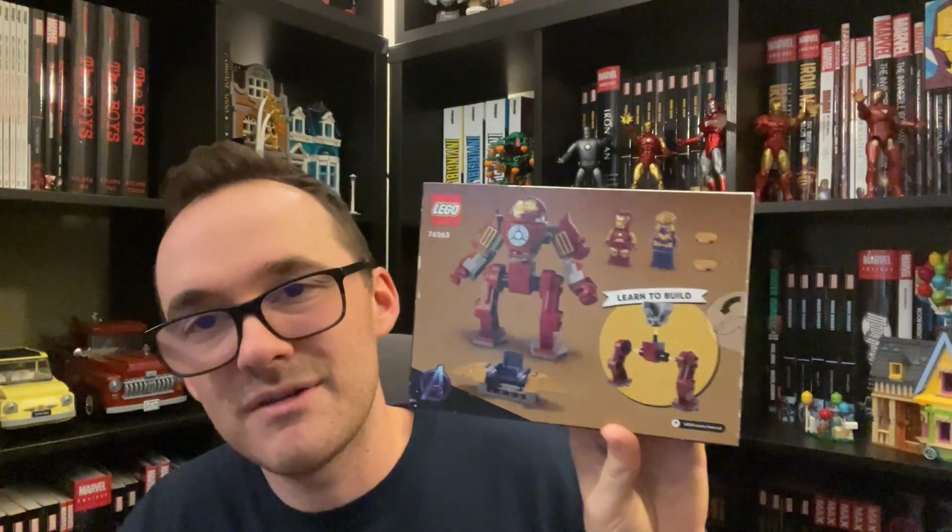Next one I bought here, I found this at Target for 20% off and decided to buy it because 20% off was a much better price for this compared to what it originally retailed for, and that was $27. And that is the 4 Plus Iron Man Hulkbuster versus Thanos. And the reason why I bought this, I was looking at this Iron Man figure